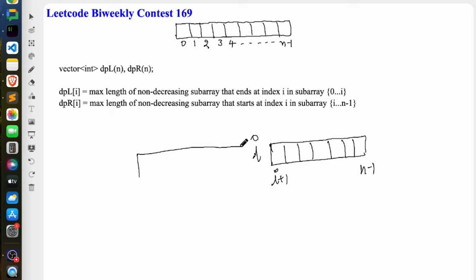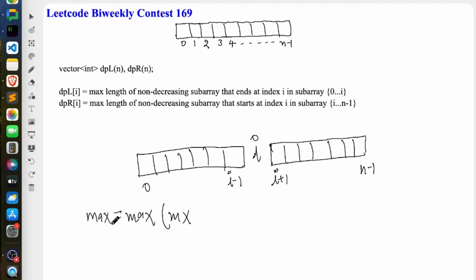Similarly, since you can apply at most one operation, your left subarray, your prefix array, would also be as it is, right? The index is i minus 1, and this index is 0. And I want to replace this number. If I want to replace only this number, see what options you can get. Let's say you have some maximum answer, and I call it mx. mx is equal to maximum of mx, comma,